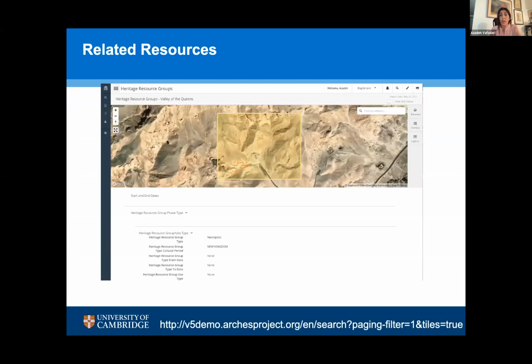This is to show you an example of how, after adding this data inside the database, relations are visually visualized in the database. This is again from the demo version of Arches version 5, an example in Egypt of